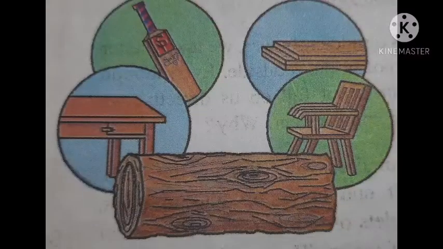So students, let's start our studies with chapter number 24, Substances, Objects and Energy. What is substance? Students, every object is made up of substance. For example, if I say a table is made up of wood, right? So wood is substance and table is an object. It just shows that different objects can be made from wood. Clear to you all? Okay.